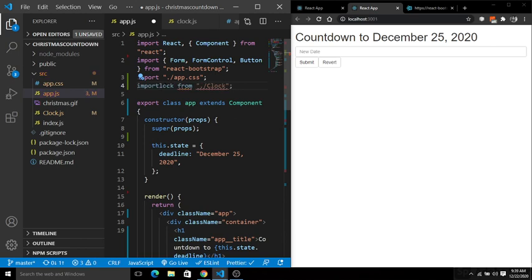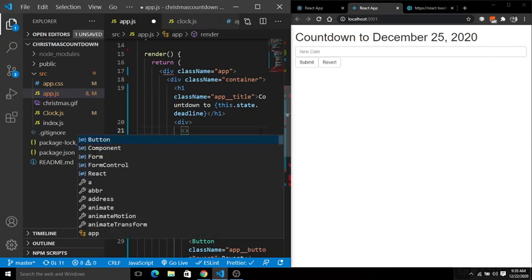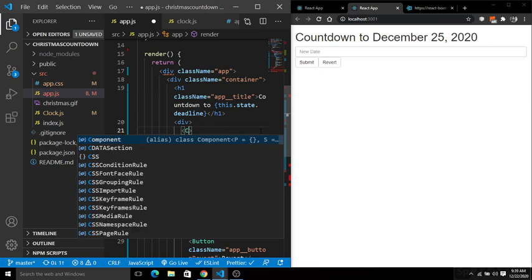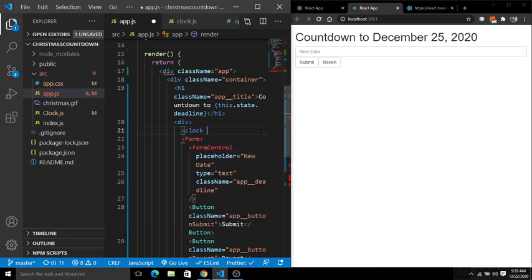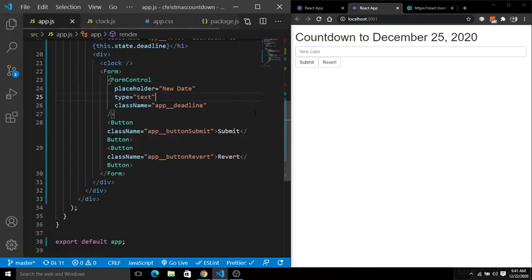Give the clock a small c, and here give the component. So like this. Save this. Let me fix this issue first of all. Close this.